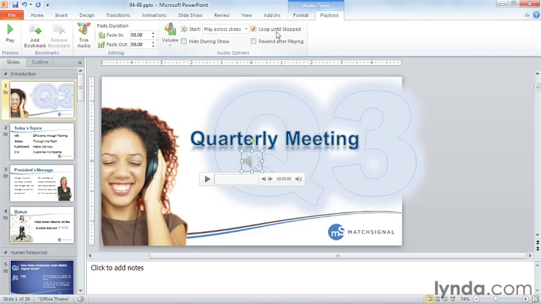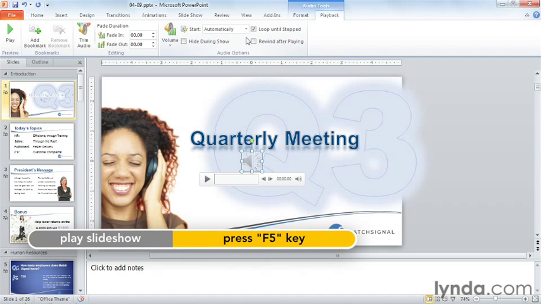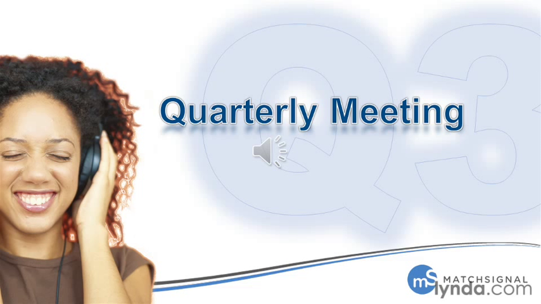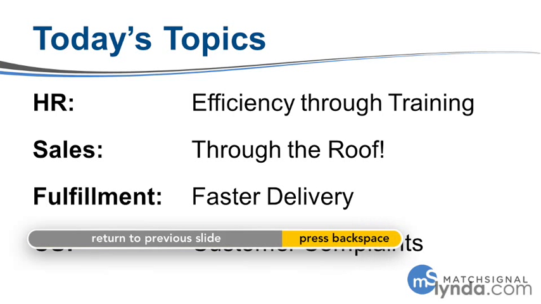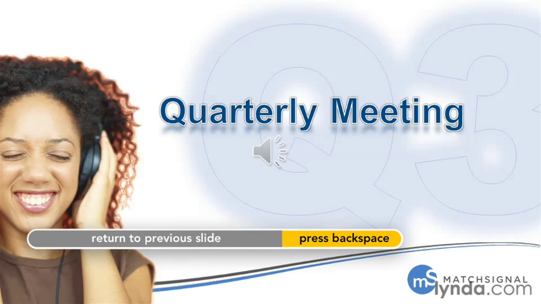Let's choose to start automatically and loop until stopped. Pressing F5 begins our slideshow and our music. Notice that as soon as I click, the audio ends. If I return to slide 1 by hitting back, and then pressing the spacebar,